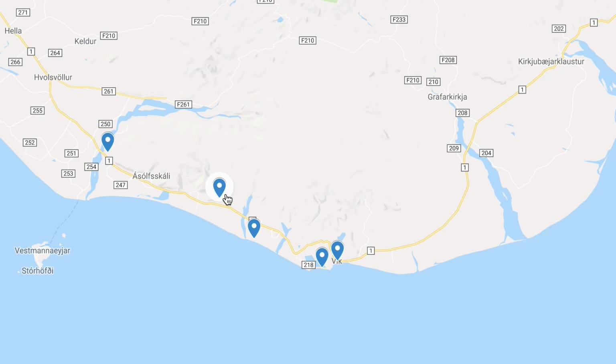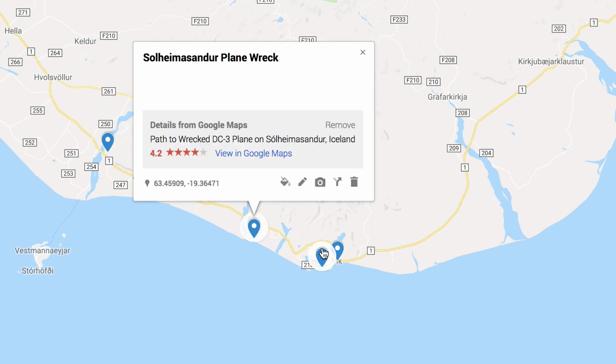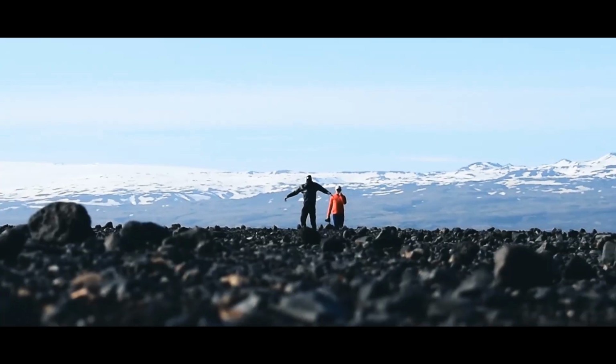This is a place that attracts a lot of photographers and videographers like myself. You've probably seen photos of it before. The trailhead for this hike is just a few kilometers from Skógafoss, and although the sign says it's about a 3 to 4 hour hike, this is not accurate by any means for most people. We ended up jogging it and did the whole trip to go out and see the plane and back in